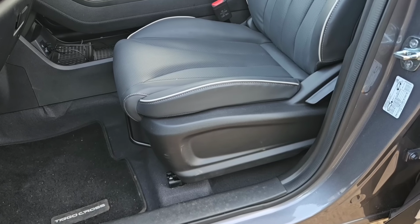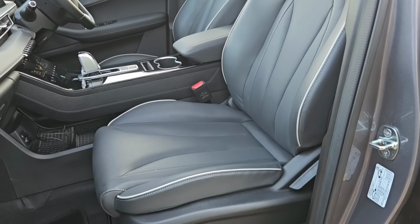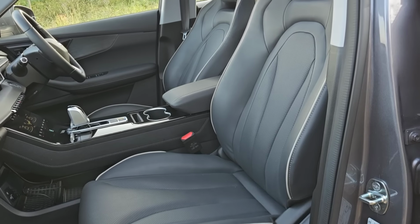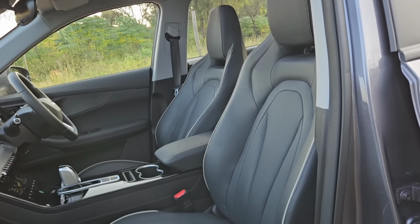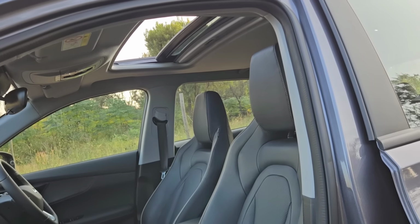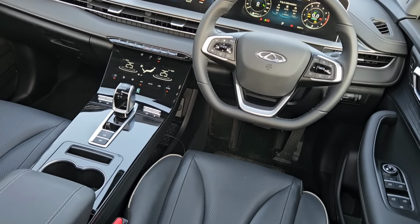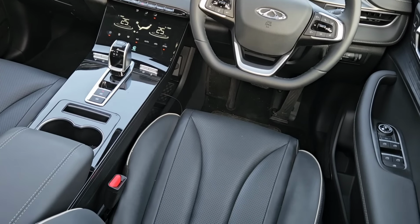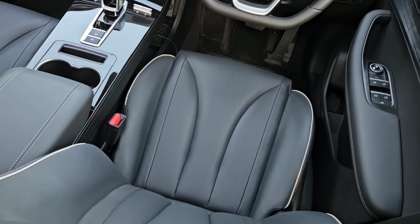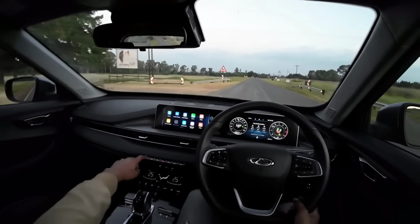These seats, man, the fact that the headrest is integrated in here, you'd think you may complain because you need a different adjustment. But for someone of my size, I'm not complaining. I like how the seats feel. The adjustments as well. I would appreciate a little bit more under thigh support, but I'm not even getting adjustments for under thigh. So yeah, I would appreciate that, because I know on...